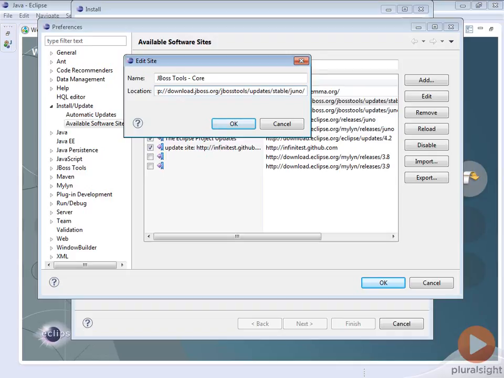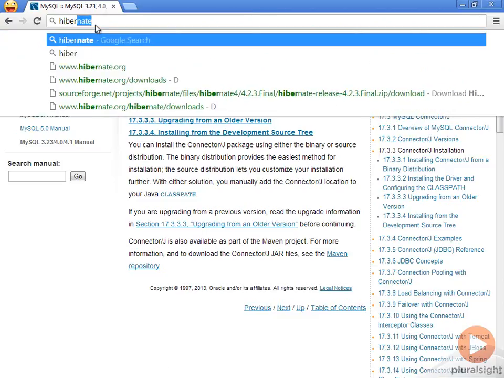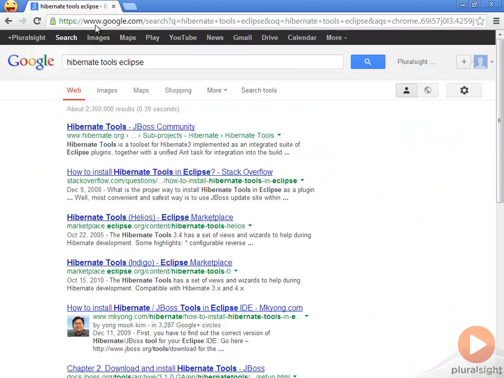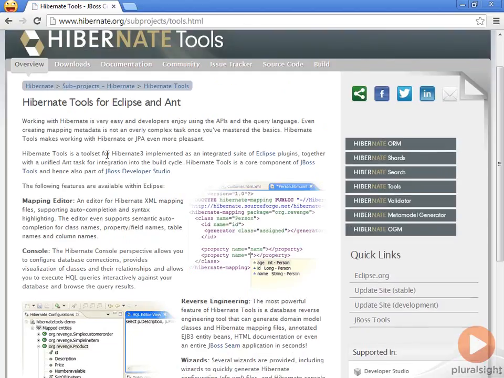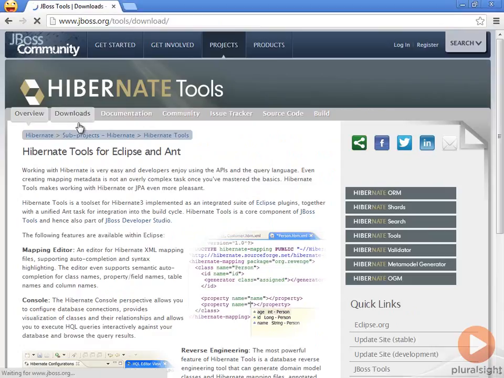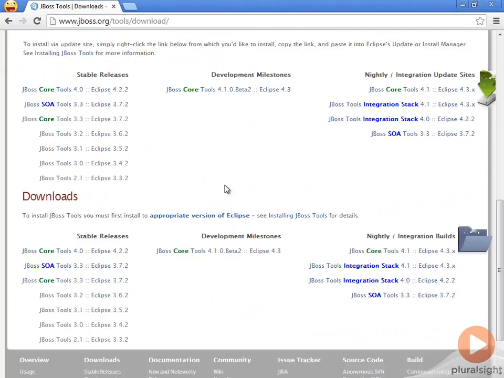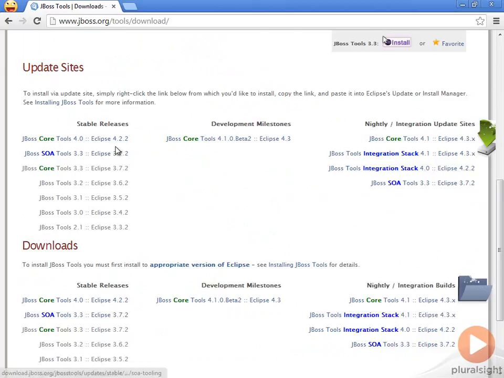And if you want to find this, instead of copying this link, if you just search for Hibernate Tools Eclipse, it should pretty much take you to this Hibernate Tools page. And then here you can see it has the Hibernate Tools for Eclipse and Ant. And from here, if you click on Downloads, you can see that there are the update sites that are listed here. So in our case, I'm using Eclipse 4.2.2. If you have an older version of Eclipse, you might want to pick one of these other ones, but I would encourage you to update to the current version of Eclipse so that you can follow along exactly in this